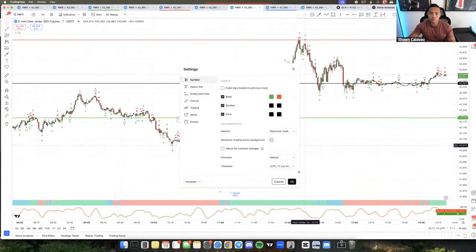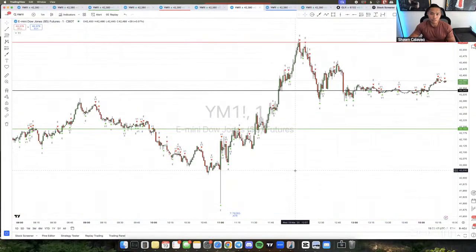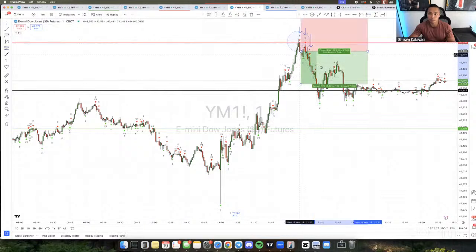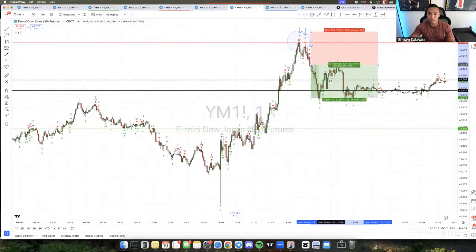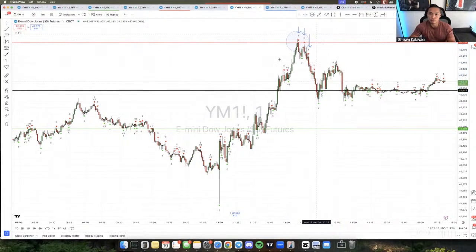Again, you don't have to use this stuff. This is just confluence for me. I look for bounce points, just like I said earlier. For example, right here, bounce right here. If I was to see a sell entry, like an engulfing right there, this is a reversal pattern, another engulfing right there, another engulfing right there, there's opportunities to take sells here, right? So I can take a sell at any of these points if I wanted. Sell right there, sell right there, sell down here, etc. Because I have the bounce points. And I use these all in confluence with each other.